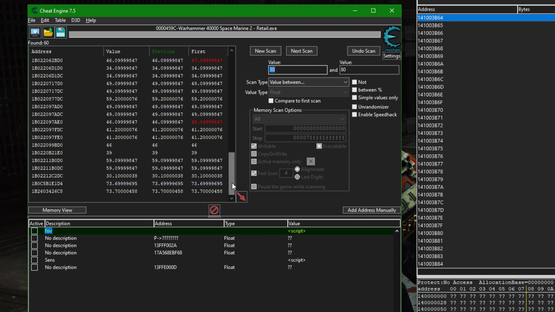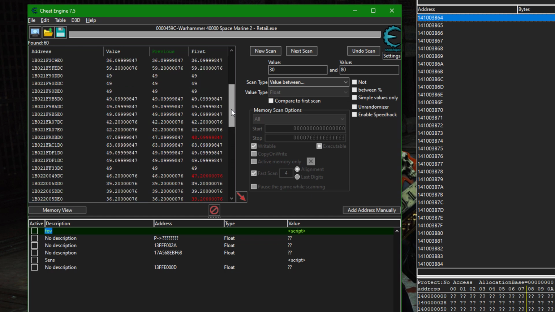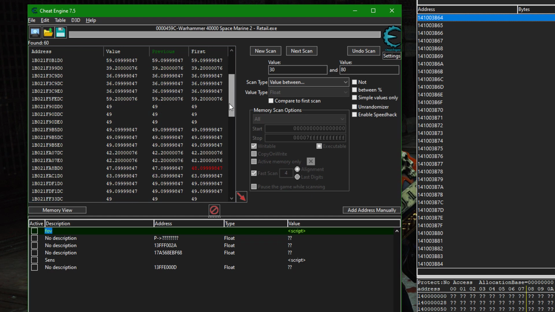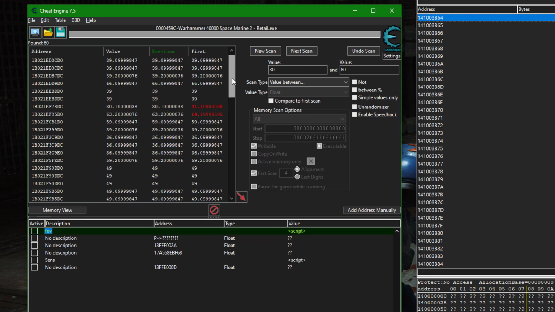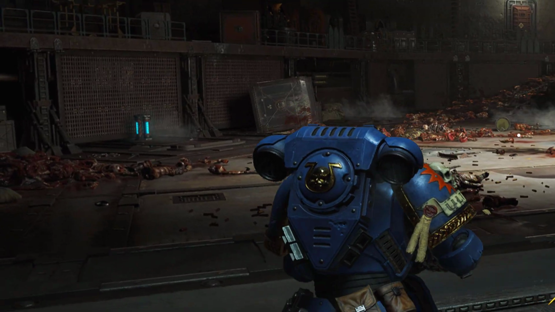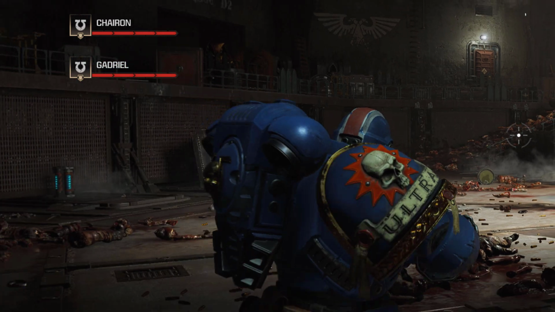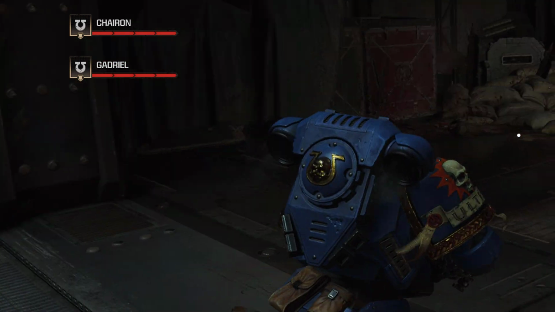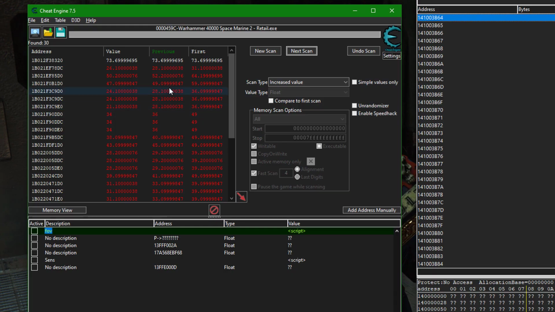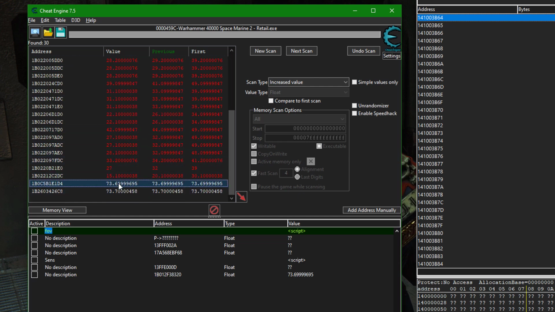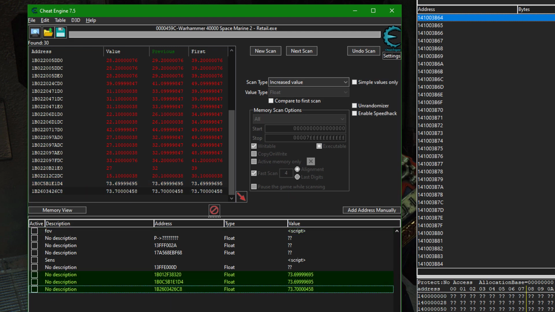So, what are we looking at here? Like 46, 39, interesting. There's a lot of those. It's hard to say. There's not as much to go on here. Let's do a few more just in case. Okay, so we were able to narrow it down a little bit more. Okay, this is interesting. It shouldn't have changed. So all these red ones I think are actually wrong. So I think it's actually one of these then. And a quick way to test this